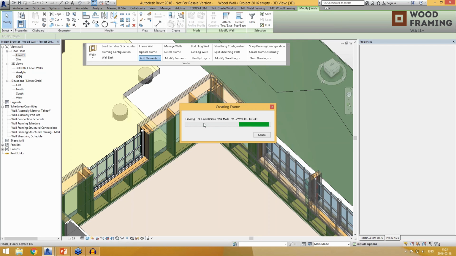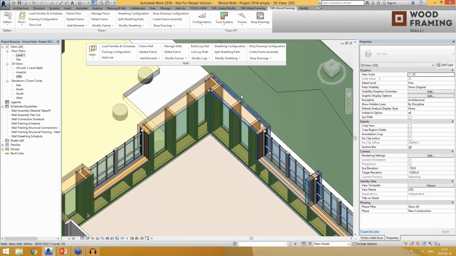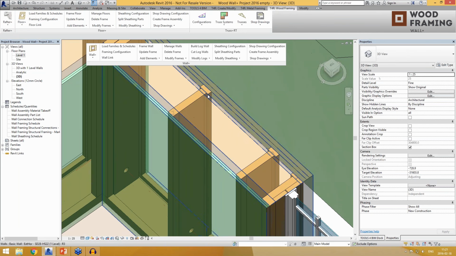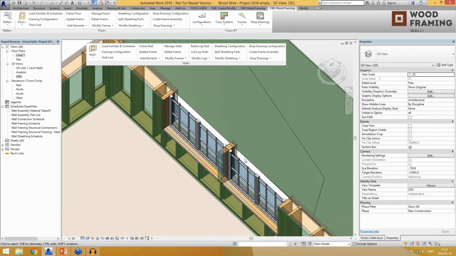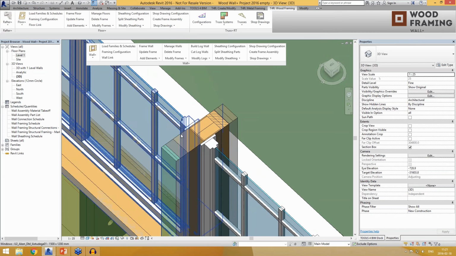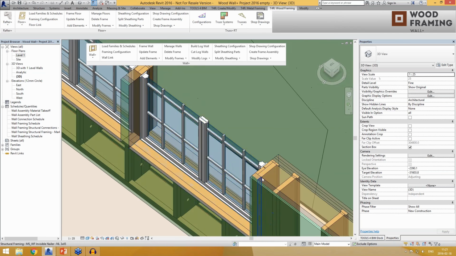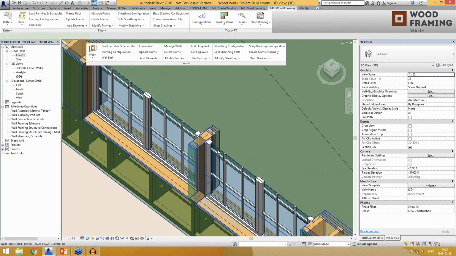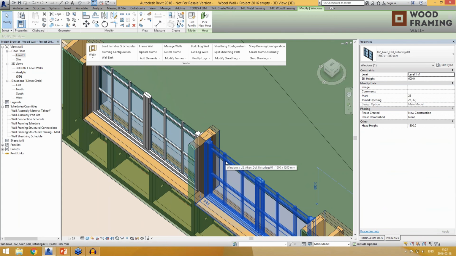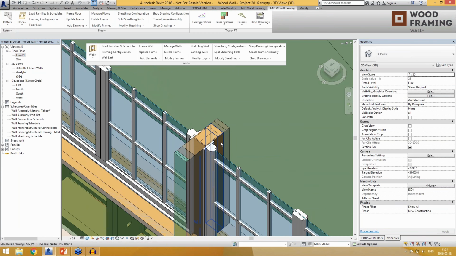And now the nailers are automatically added, but at the same time, as you can see, the tool also automatically aligns them together with the main frame. Okay, and here we have the nailers, and also let's just check what kind of connection we have between the windows, because those 2 windows are joined together, and that's why we have such a complex connection